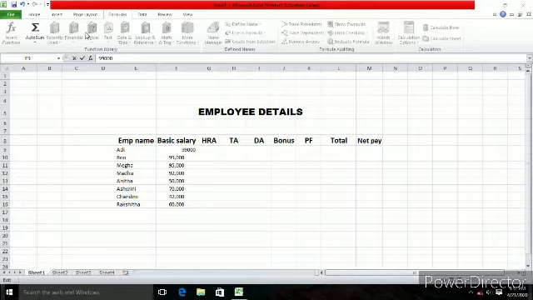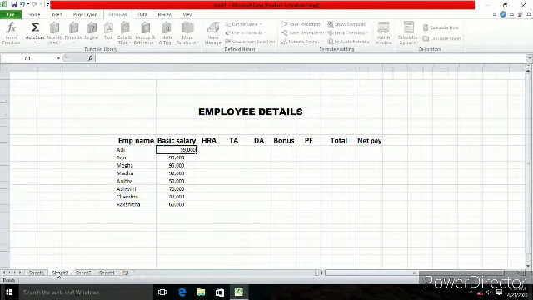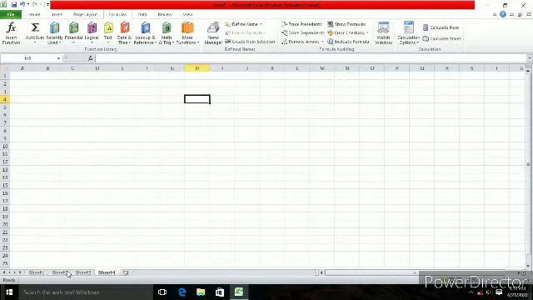What uniqueness that you can see in the MS Excel is this is basically used for the purpose of calculations. So all the related functions and formulas are available here. Next thing, this complete thing is called as workbook. That is because it is a collection of worksheets. So these are the worksheets.